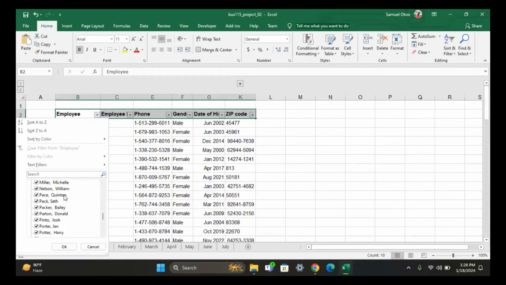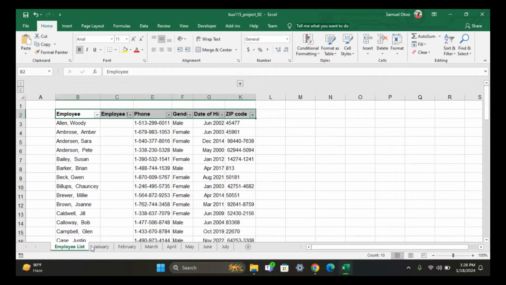Okay, so this filter can be used to filter. You can select only male. You can select some people. If you want to take some people out, you can use it to do it, to select them. Okay, so